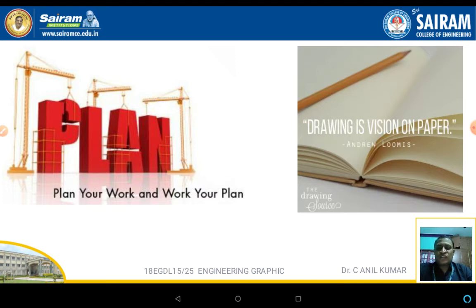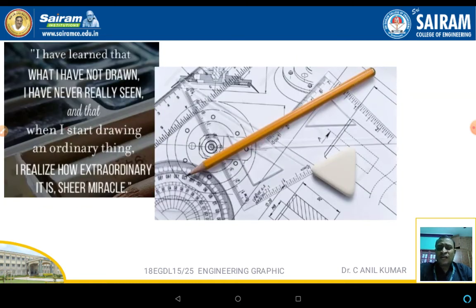Now, before going into engineering graphics, or it may be engineering drawing, in detail, first we will go with respect to some codes, and why we have to learn engineering graphics and what is the need of engineering drawing. With respect to that, the first thing is plan your work and work your plan. The drawing is a vision on the paper. It means that to analyze any drawing, you should know all the symbols, or the line representation, or the dimensions, or how it is to be read and what are the details it fetches to